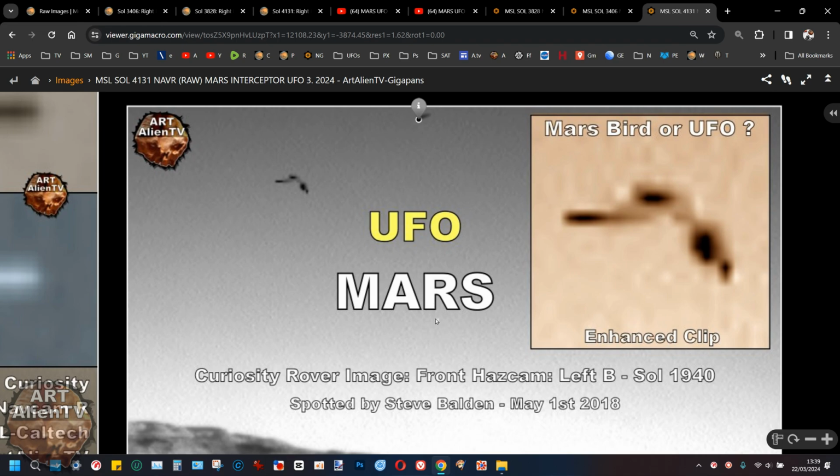It's had a lot of views. And the interesting thing about this one is you can see the parts quite clearly. This is really small and it came in really close to the rover. So this is like an inch wide. So I think this is actually an insect, all right? Because you can see what looks like an abdomen here on the right with a kind of sting thing hanging